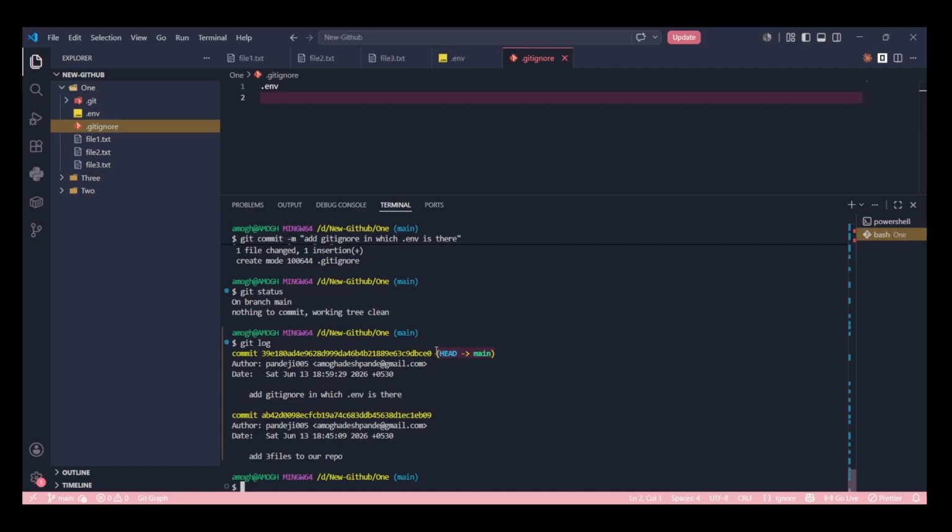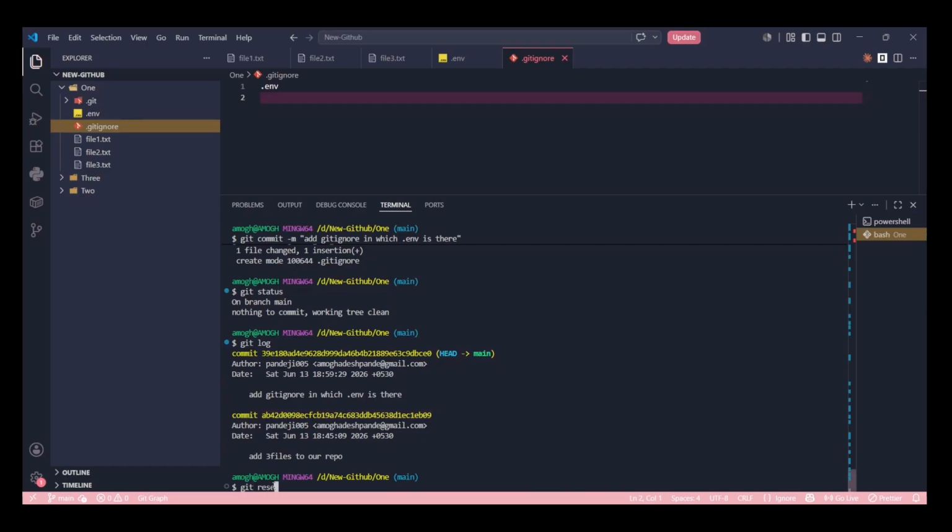Now head is pointing to the most recent commit, and as I said, if there is something broken in your current version and you want to go back to where the project is working very well and not broken, you just need to run the git log command. You need to copy this code. I have copied this code.